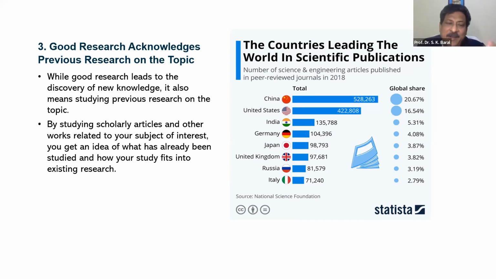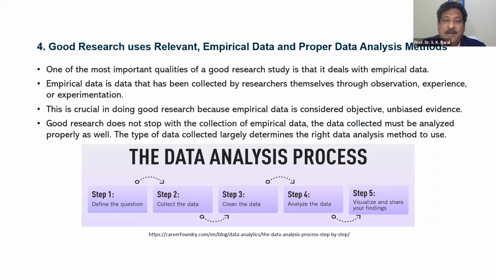And when we are studying the scholarly articles and other works related to your subject of interest, you get an idea of what has already been studied and how your study fits into existing research. You must acknowledge the previous research on your topic. And the fourth quality of a good researcher is good research uses relevant empirical data and a proper data